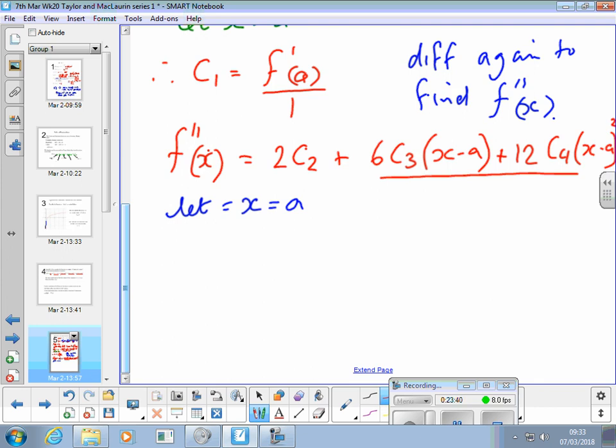So we end up with 2C2 is equal to F double dash A, therefore C2 is equal to